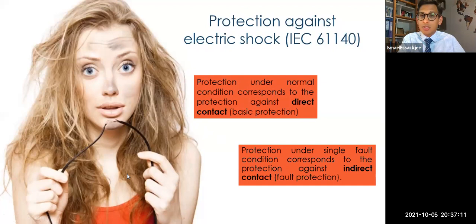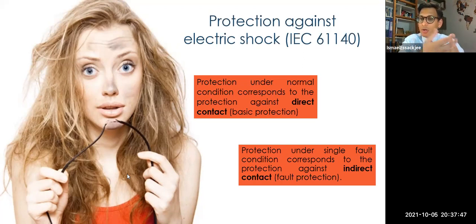Protection under normal condition depends on protection against direct contact, what we call the basic protection. We have covered one already, which is the insulation. We add a piece of insulation on that, isn't it? So we protect our body, our hands, or any part of our body, or even someone else. It may be a kid, another person who is not knowledgeable, who just wants to touch. So we are not leaving the live part exposed to humans or animals, whatever. This is called the basic protection.